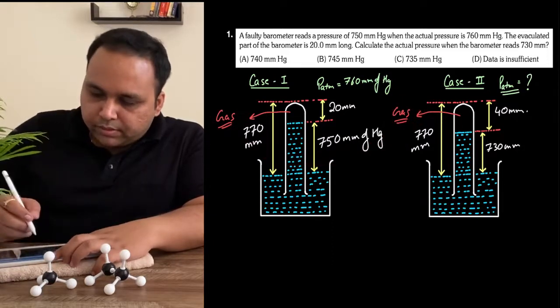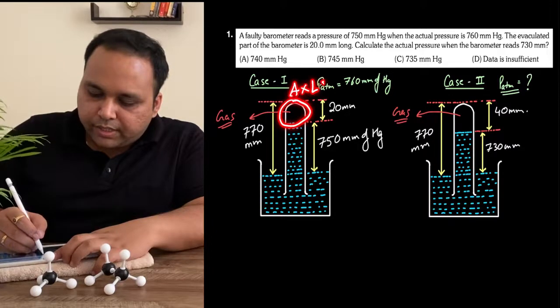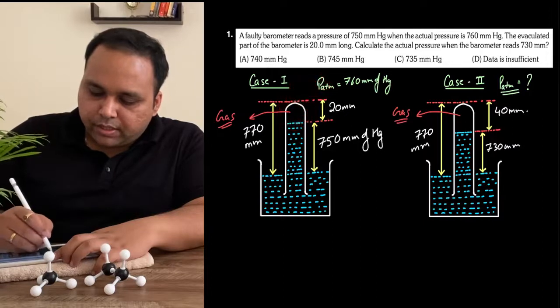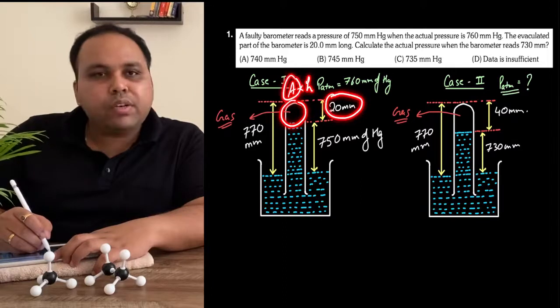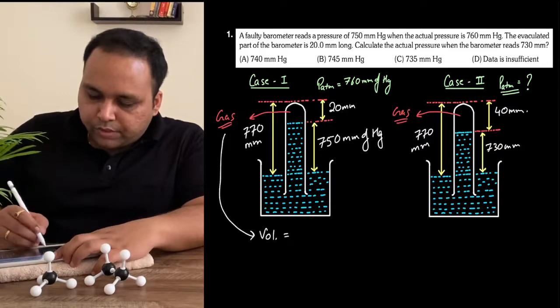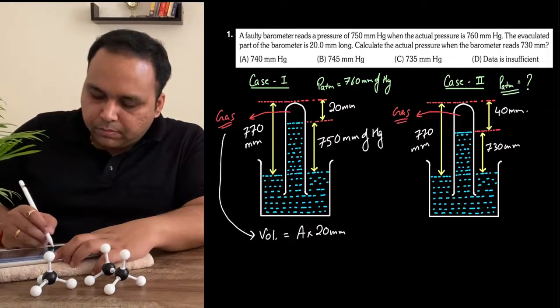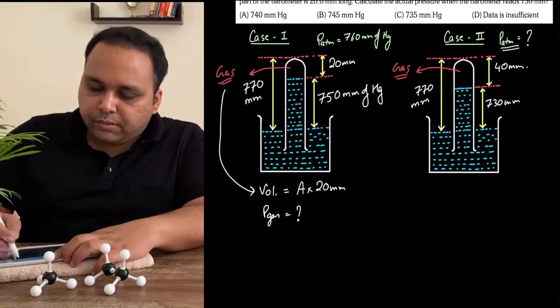So in case 1, the volume of this empty part will be area of cross section into length, or we can call it height. Area of cross section into height. So the height is 20 millimeters, area we don't know, let's keep it as A. So the volume of gas in the first case is area into height, which is 20 millimeters. The pressure of gas is to be found out, and this can be found using